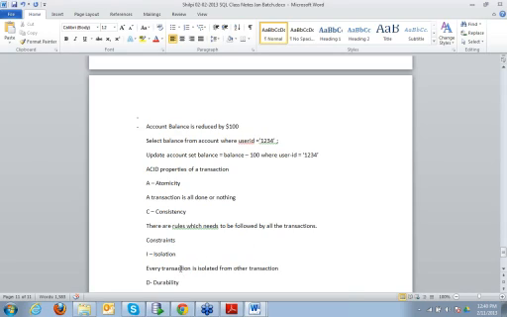For example, let's say I am doing a read operation on a particular table. I'm checking my account balance. At exactly the same time, let's say my husband is also checking the account. They should always see the similar amount.